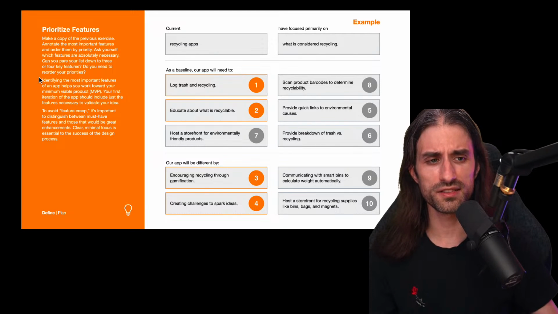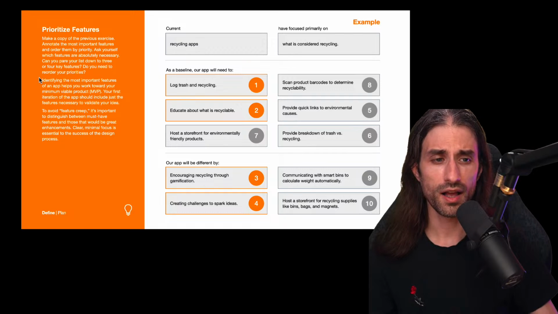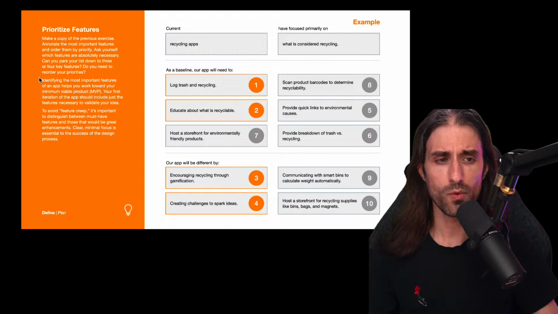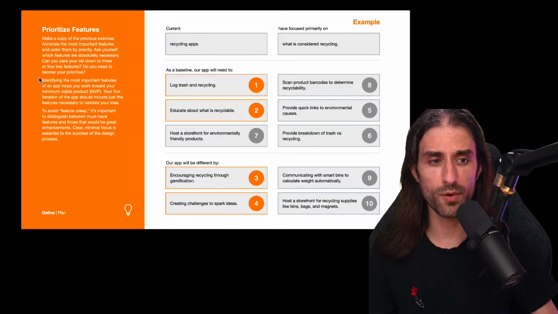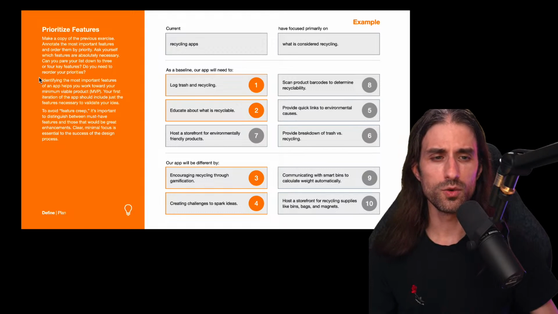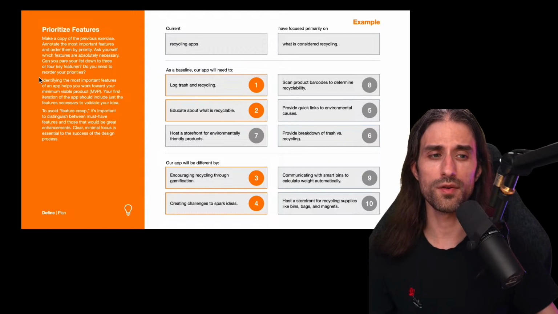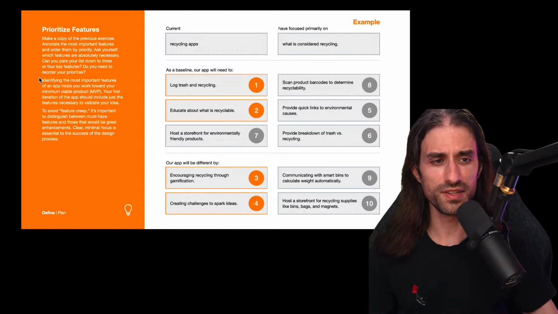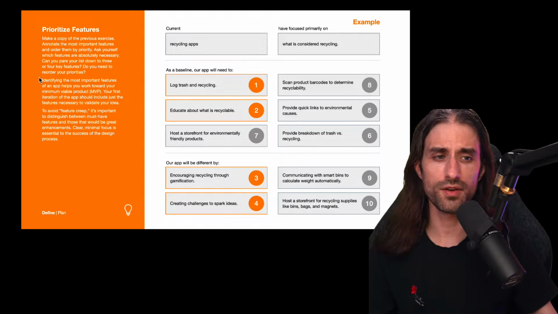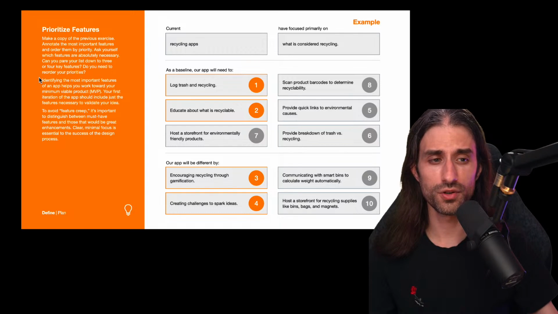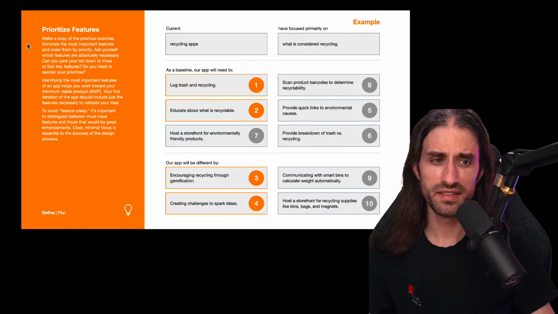So Instagram, when it released around 2010, 2011, was definitely an MVP when you compare it to what Instagram is today, where you have stories, you have reels, you have carousels, you also have all of the features where brands can put links to buy clothing items or bags or jewelry that you can see in the pictures. But if Instagram had done all of that in the beginning, they would have never launched early enough, and they would have also never been able to start creating a user base, because the time to market is super important. And so this is what it helps you.